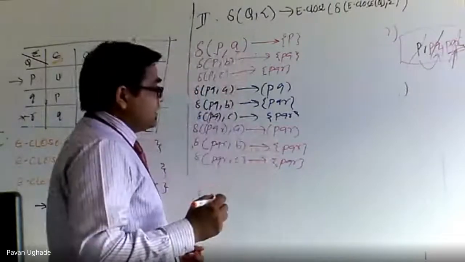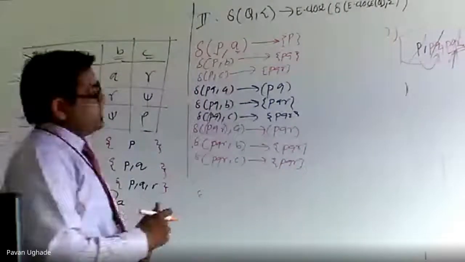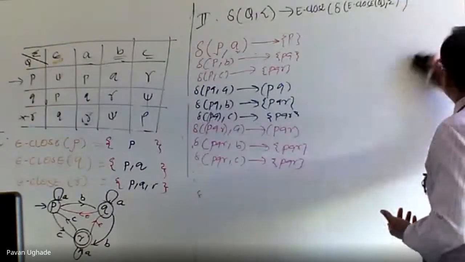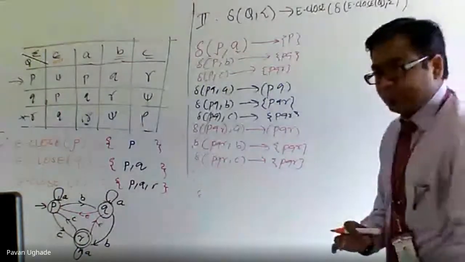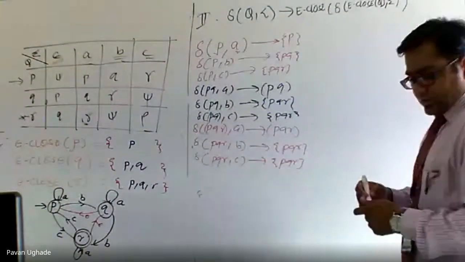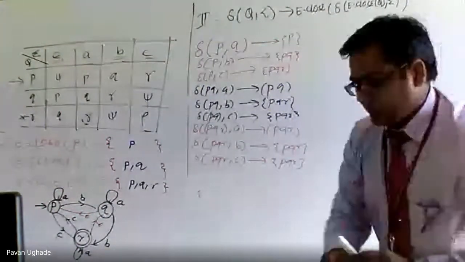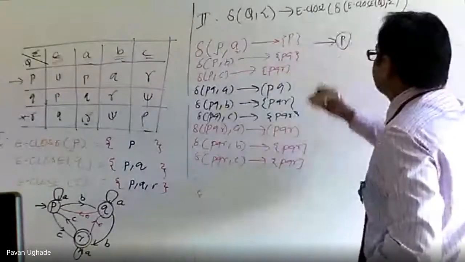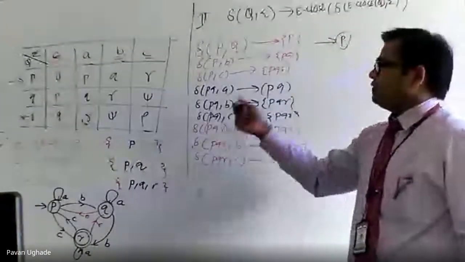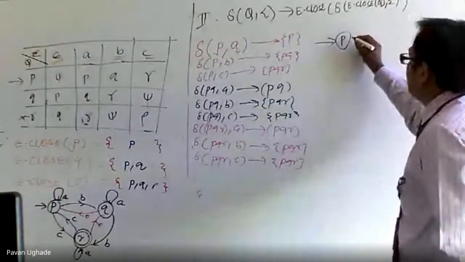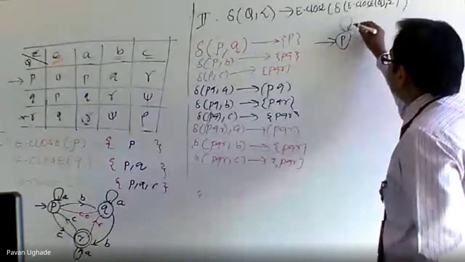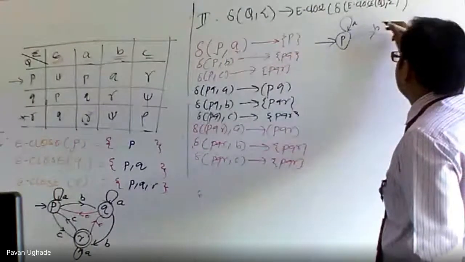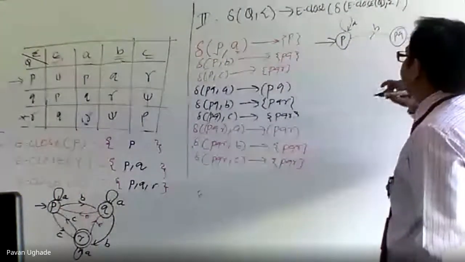So let's get the transition table for this. I don't require this now. We have used the queue concept. See guys, I'll go ahead with P, Q, and R. So P, which is my initial state, and the final state is the combination with R only. So P over A goes to P itself. P over B goes to the new state, that is PQ. Okay, this is my new state.